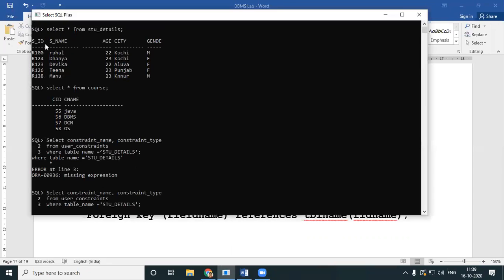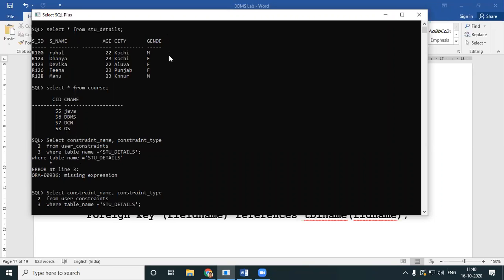You have student details and you have course details. Now I need to connect these tables. The only way in which I can connect is to have an extra field over here, say course. You can imagine each student plans to specialize in a particular course. Like let's say Rahul is interested in Java, Danya and Devika are interested in DBMS, Tina is interested in DCN, and Manu is interested in OS.